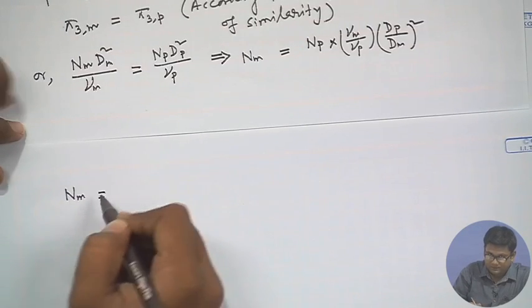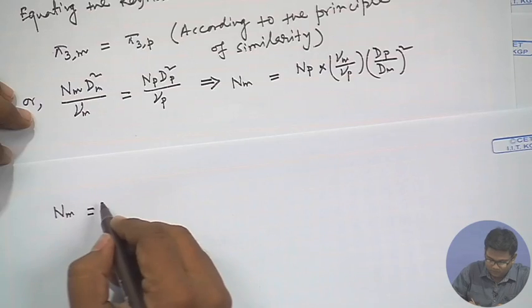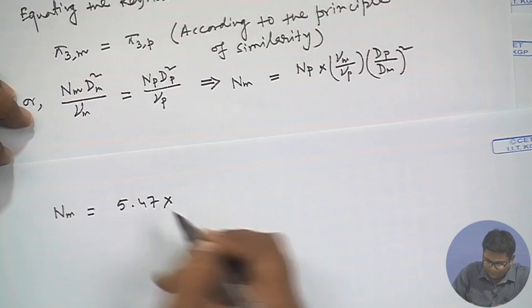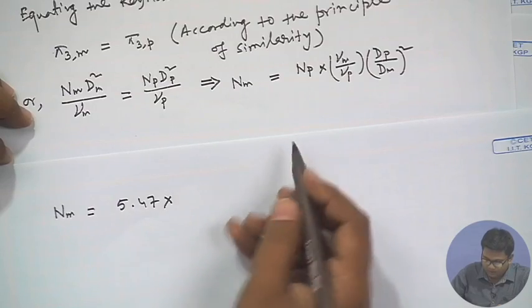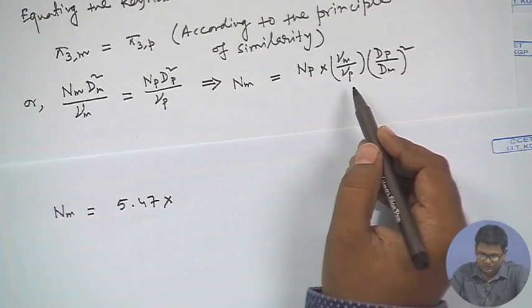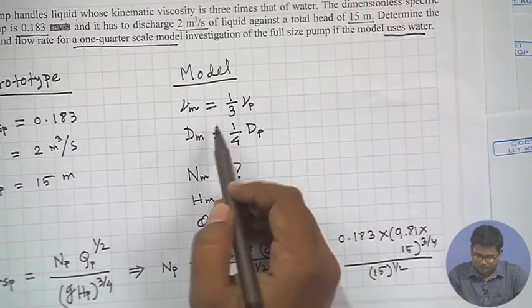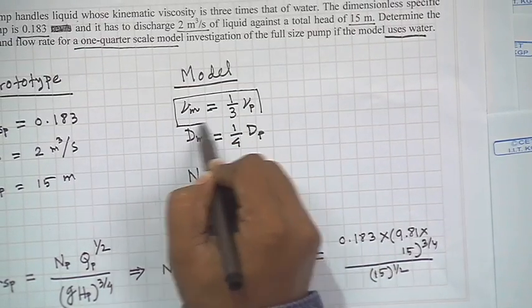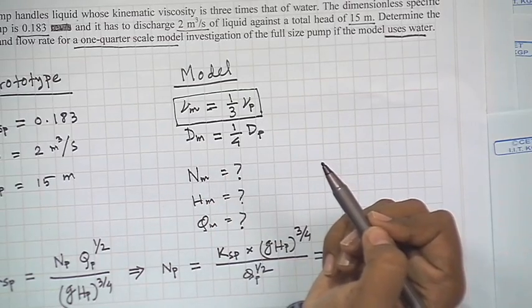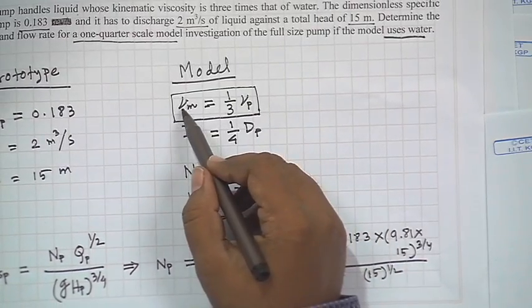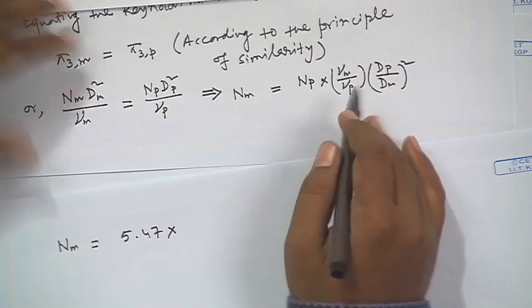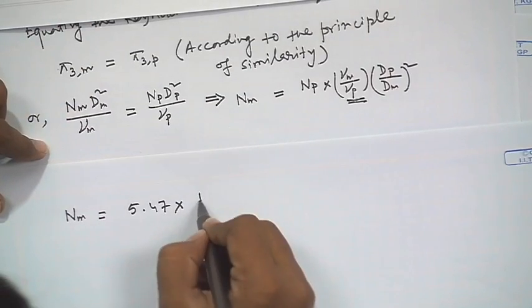So, nm will be np, which we have obtained as 5.47, times nu m by nu p. Previously you have noted that nu m is nothing but nu p by 3. So, kinematic viscosity of model is 1/3 of the kinematic viscosity of prototype. Now, we will substitute nu m by nu p equals 1 by 3 here. So, here nu m by nu p will be 1/3